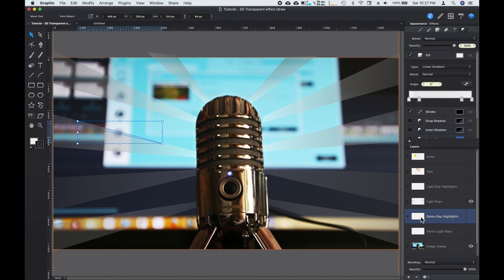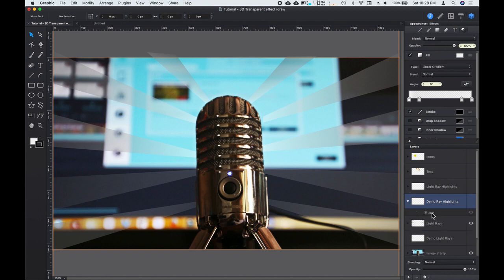Oh, I see the problem. We've got to take this layer and move it above the actual light rays. So all you have to do is go over here and just grab the layer and drag it up until the little blue line goes above it. And now if we pop this little arrow open, we'll see that the shape is here, and we can, oh, we've got to unhide that layer. Okay, so now